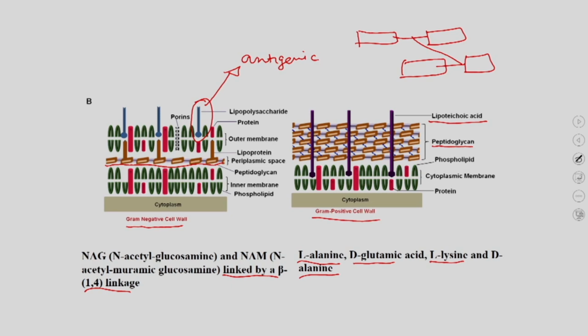You also have different types of proteins which are present in the cell wall. You also have the porin. The purpose of the porin is to take up the nutritional molecules from the microenvironment, or the place where the bacteria is present. The porin is also important for taking up water molecules. And below the peptidoglycan layer, you also have the plasma membrane, and in this plasma membrane you have the lipid as well as the protein molecules.